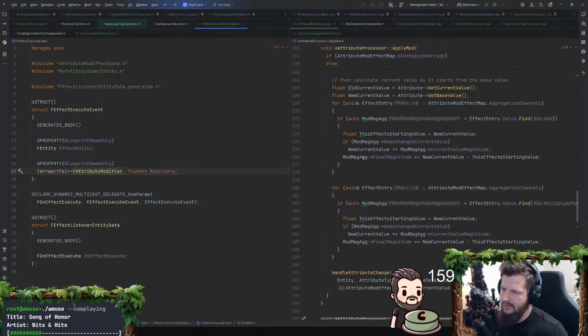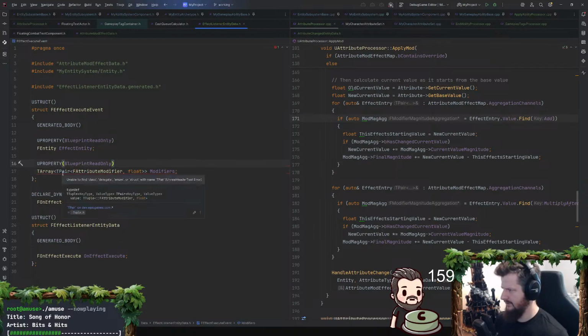And what do I have? I have this ModMagAg, modifier magnitude aggregation. It should be a different struct, right? I shouldn't leak those two structs. It should be a new struct, yeah.